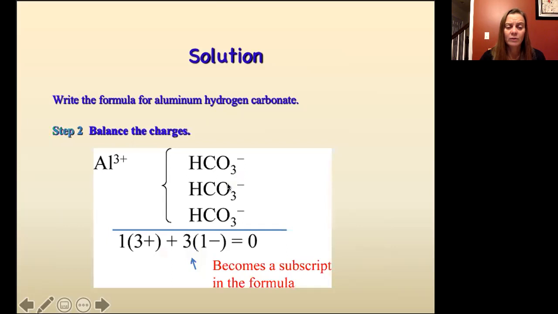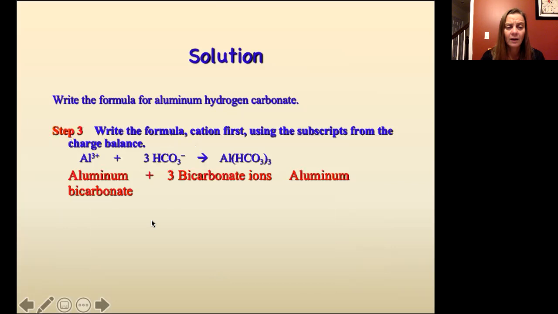Now we need to make sure that our charges sum to 0. Aluminum is +3. Each hydrogen carbonate is only -1. So I need 3 of those. So that 3 is going to be a subscript in my formula. So we have the aluminum and 3 bicarbonate ions, and that gives us aluminum bicarbonate or aluminum hydrogen carbonate. Sorry, hydrogen carbonate and bicarbonate are the same